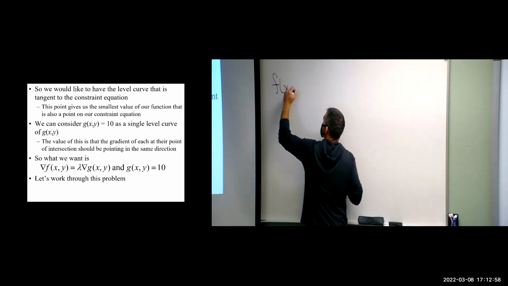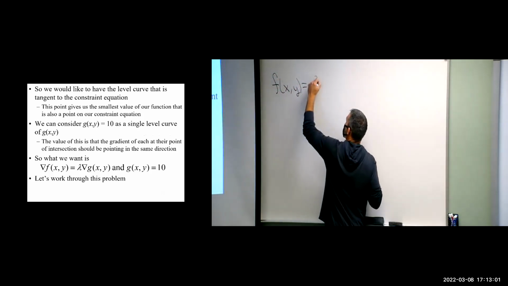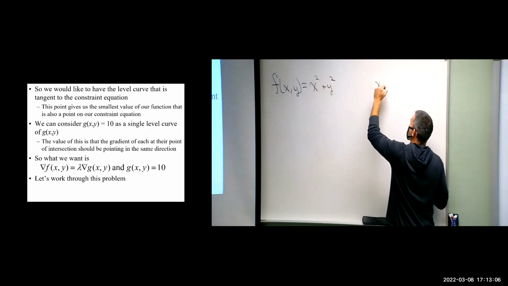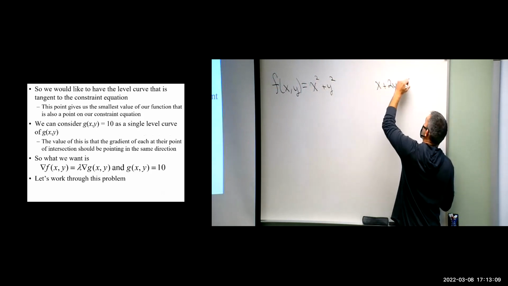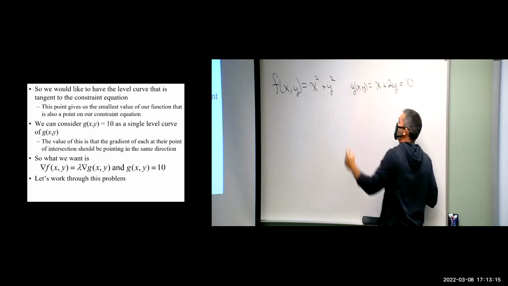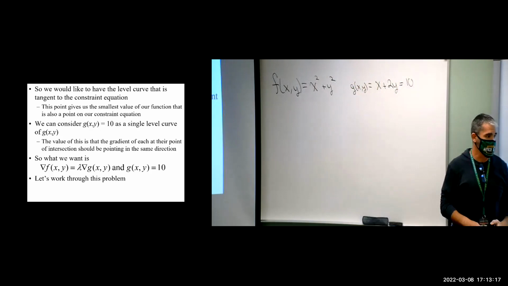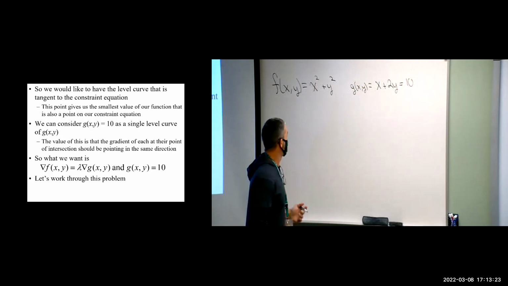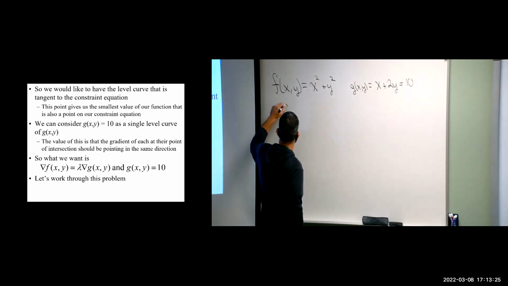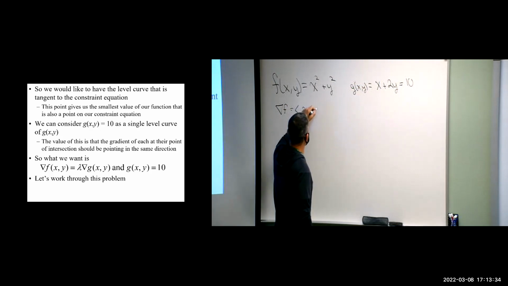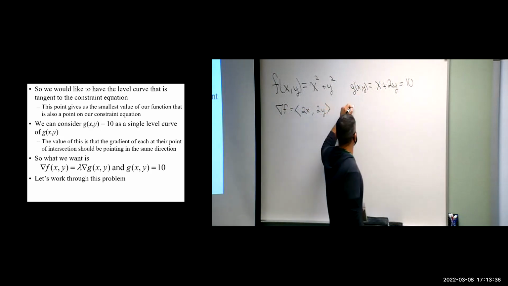f of x comma y equals x squared plus y squared. And we're subject to the constraint x plus 2y equals 10. And what we do is we call that constraint g of xy. So what we're going to do next, again, nothing bad, nothing hard. We're going to find the gradient of each. So the gradient of f, well, with respect to x, it's just 2x. With respect to y, it's just 2y. The gradient of g,